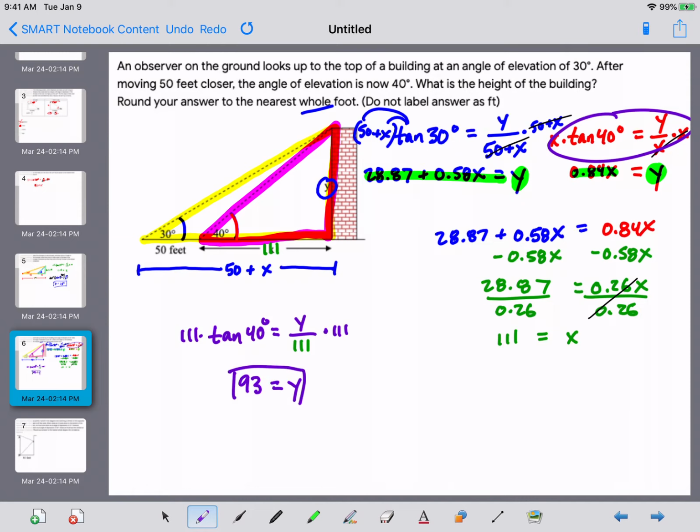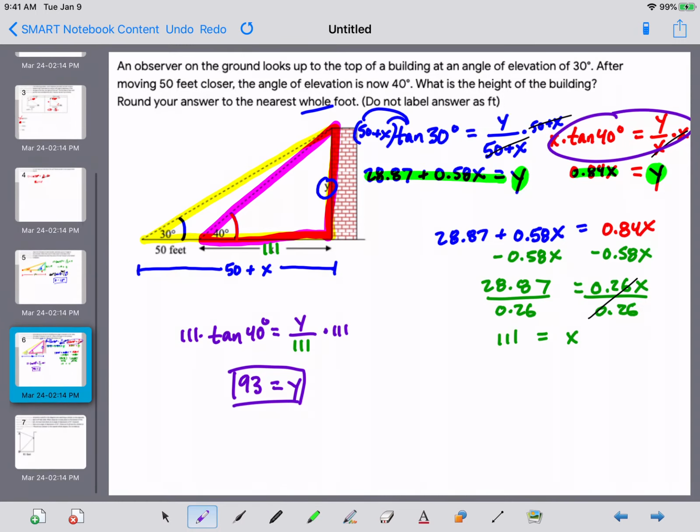And again, you can just throw 93 in as your answer. You don't need to put units on that. In fact, if you do put units on it, it'll tell you you're wrong. All right, so hopefully that helped out with that problem. The very last one